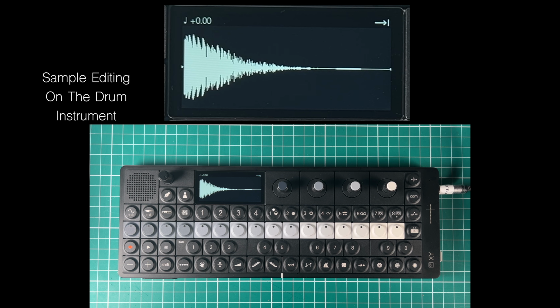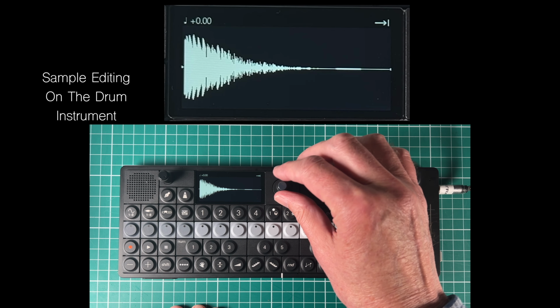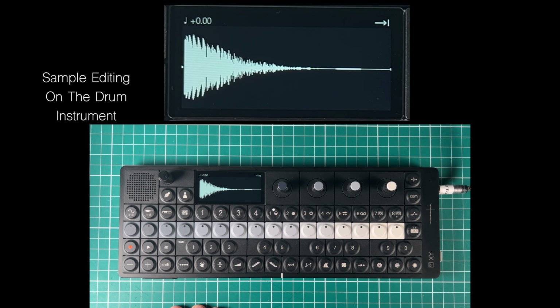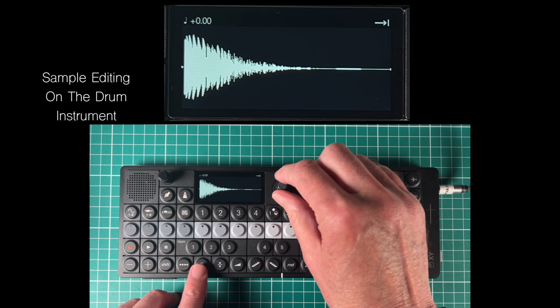The one thing you have to remember when you are editing using the drum instrument is that the knobs work differently to the way they do for the sampler instrument. For instance, the dark grey encoder, this changes the pitch. Now on the sampler instrument that changed the in point, didn't it? So this is the pitch,